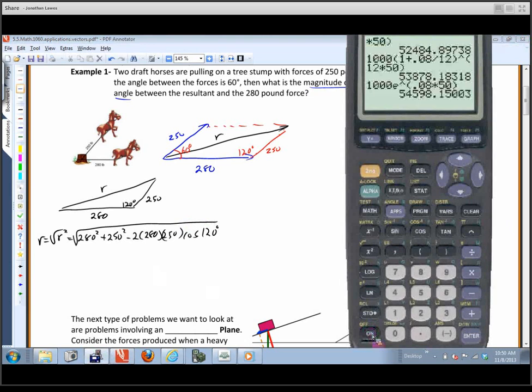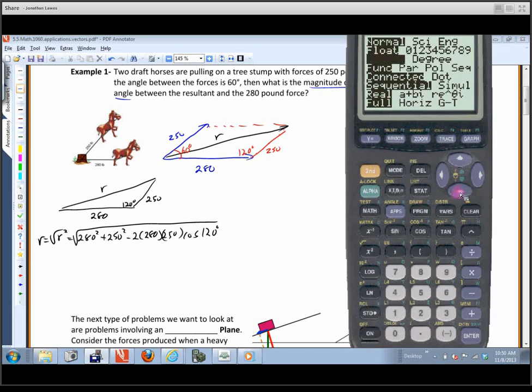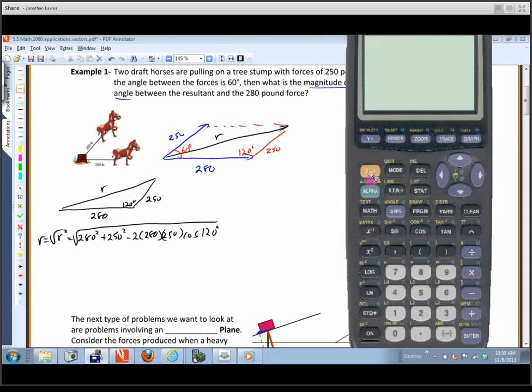So I'll turn on my calculator, clear this stuff off. Always want to check the mode. Okay, in this case I need to be in degree mode. So we're in good shape there. I'll hit quit, and then I'm going to type this in. Big square root 280 squared plus 250 squared minus 2 times 280 times 250, and then times the cosine of 120 degrees. Close the parentheses, close them again. Always a good idea just to double check and make sure we've got that typed in correctly. I'm going to hit enter, and I get